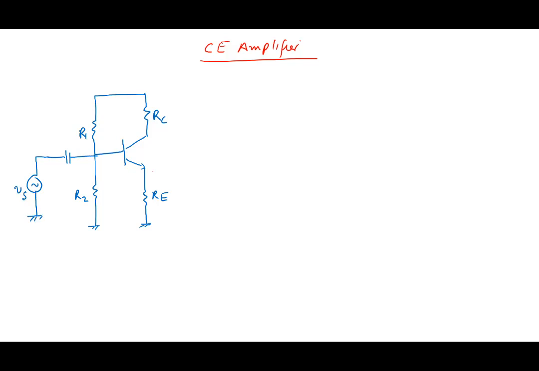We apply the signal here. We have a bypass capacitor, CE, and of course there's a supply voltage here, VCC, and if we want, we can connect a load here, RL, right? So that's the circuit that we had discussed, and all of you should know how